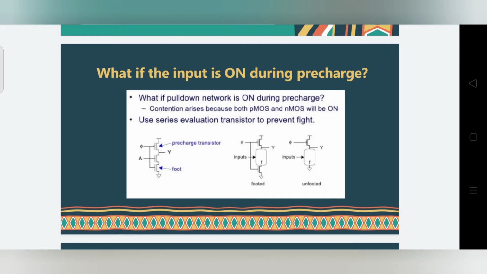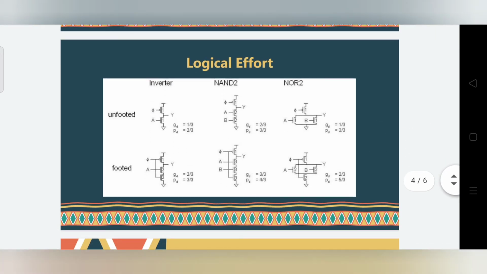The question is, what will happen when the input is 1 during the precharge phase? Contention arises because both PMOS and NMOS will be on. Use a series evaluation transistor to prevent the fight. Okay. Then the new technical term FOOT is introduced here. Due to logical effort, the speed of the transistor will increase. Here, the FOOT is nothing but